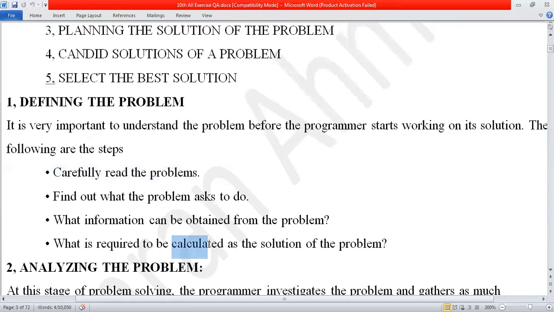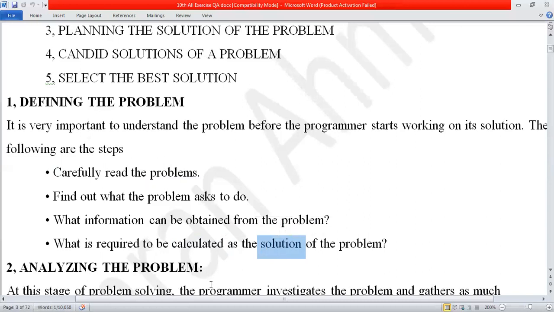So calculation, you will do the calculation when you are watching the files, whether the work is hard or simple. At that time you will have to decide whether you can computerize the organization or not. So calculate the solution of the problem. If you know, yes, I can computerize that company, then you will calculate the solution. So you come to the solution at that time.